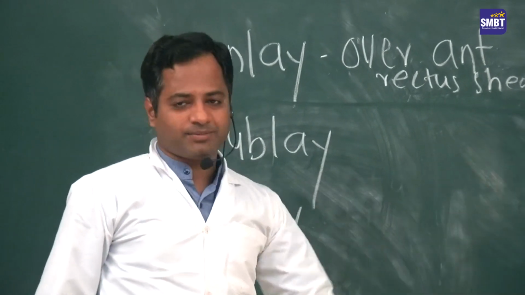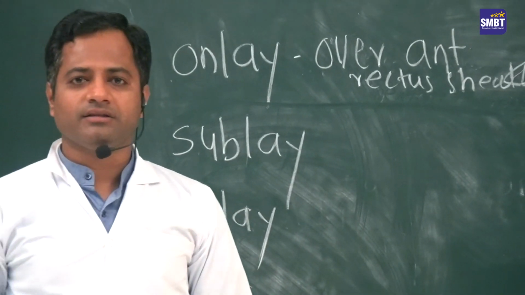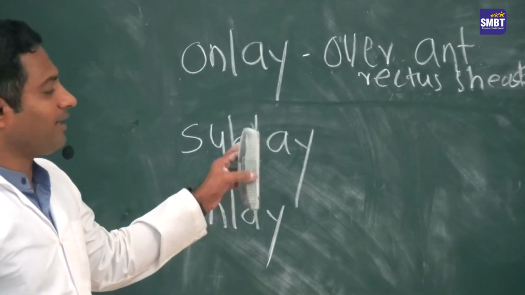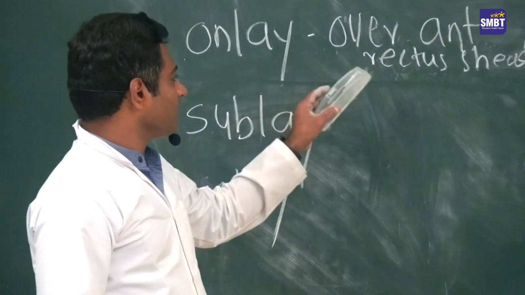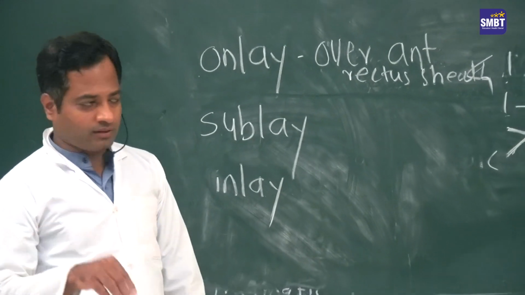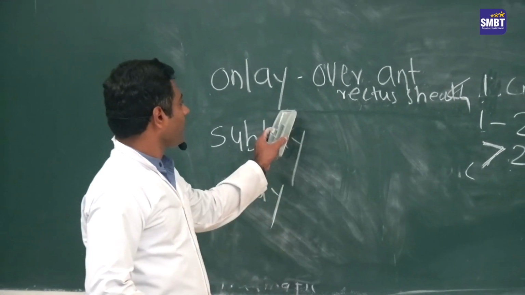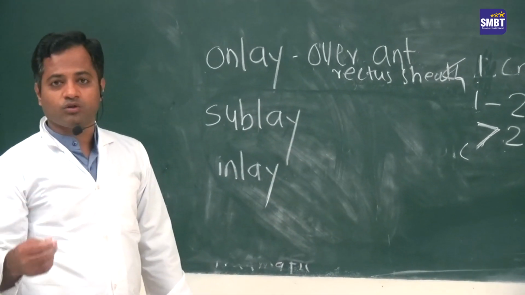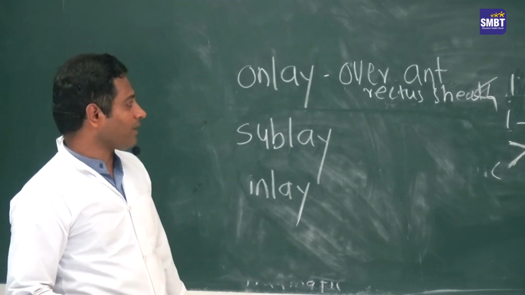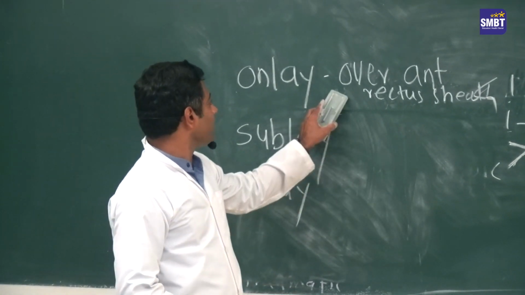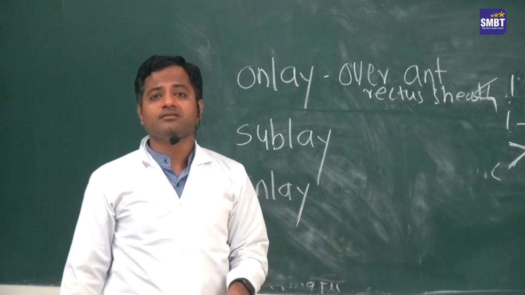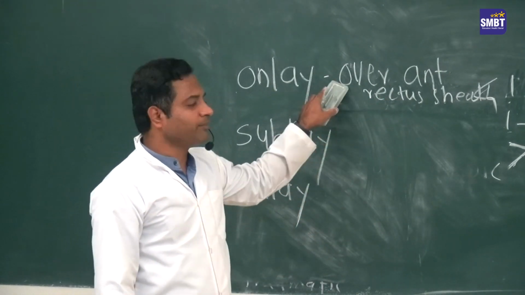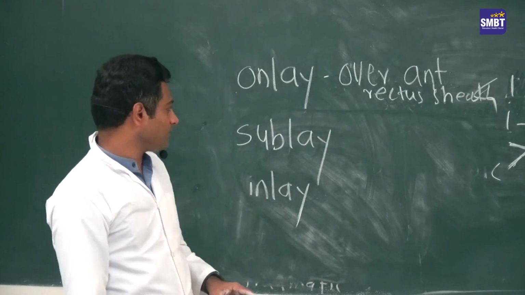So the basic steps are the same: skin incision, dissect the umbilical hernia sac, identify the defect. Okay, if there is a small defect, push the sac into the abdomen and then close the linea alba or anterior rectus sheath, and then put a mesh over the anterior rectus sheath. That is onlay. So the mesh will be in the subcutaneous region. Again, this method is not a preferred method nowadays.